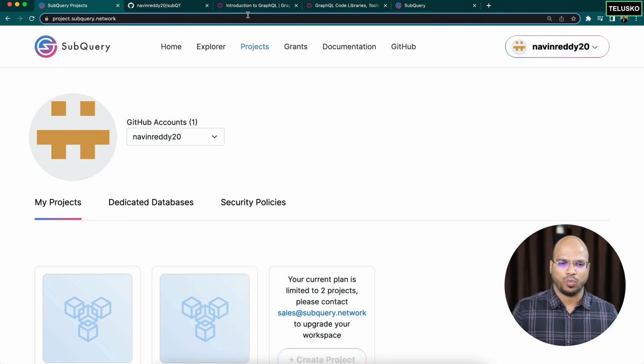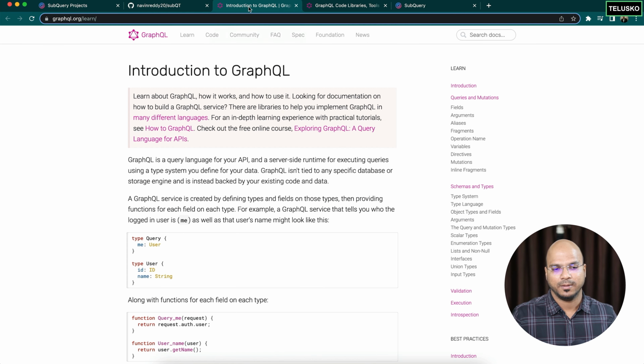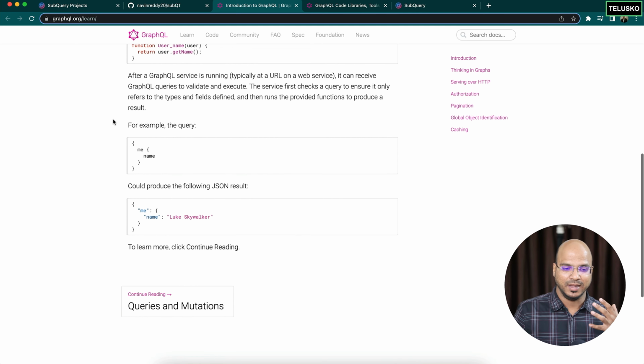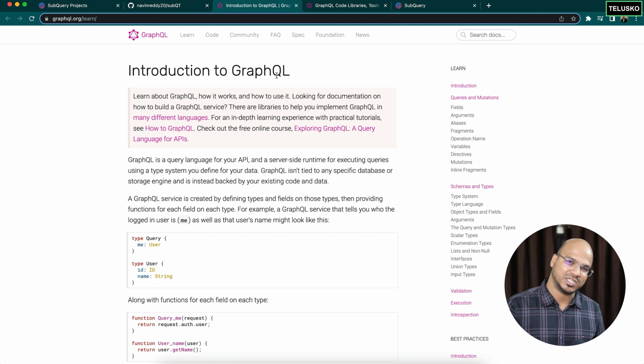In fact, I want to talk about one more thing. What if you want to learn more about GraphQL? Because we have been working with REST API for a long time and we are happy with it, but we got GraphQL as well, and this is actually exciting. So you can also go to the graphql.org learn page and access all the documentation here. It's actually quite fun to work with GraphQL. Yes, at the initial stage, you have to do extra setup, which we don't need for REST API. But trust me, whenever you fire queries and request data, instead of getting everything, you can specify what exactly you want in the query itself.